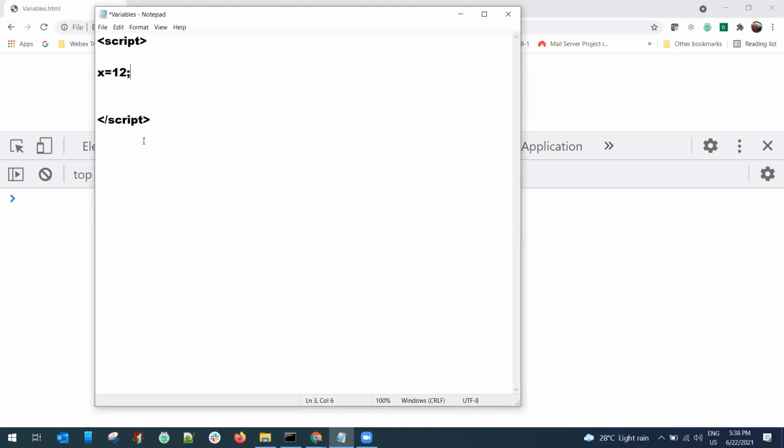Directly or indirectly we are learning an interpreted language, because of which we need to use scripting. x is a variable, 12 is its value. Since 12 is a value, based on the value stored, x will change itself to a number data type.